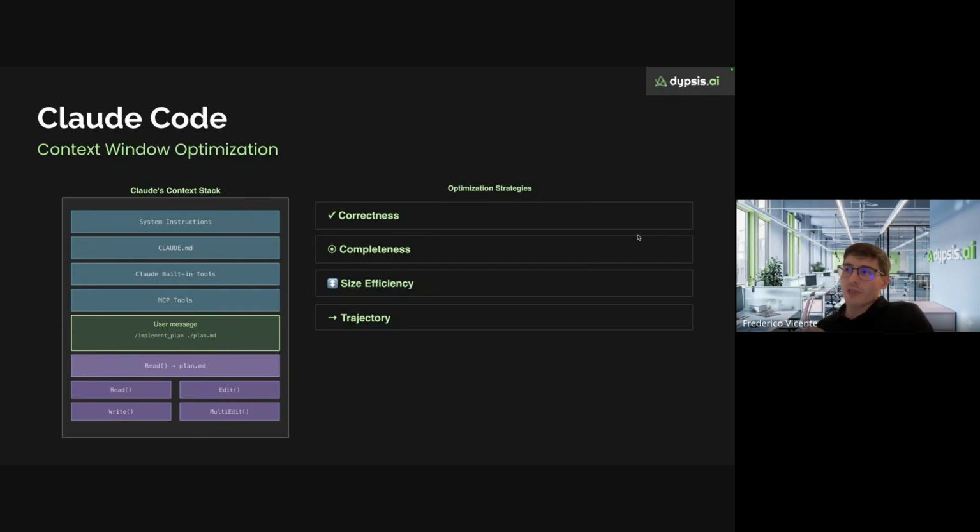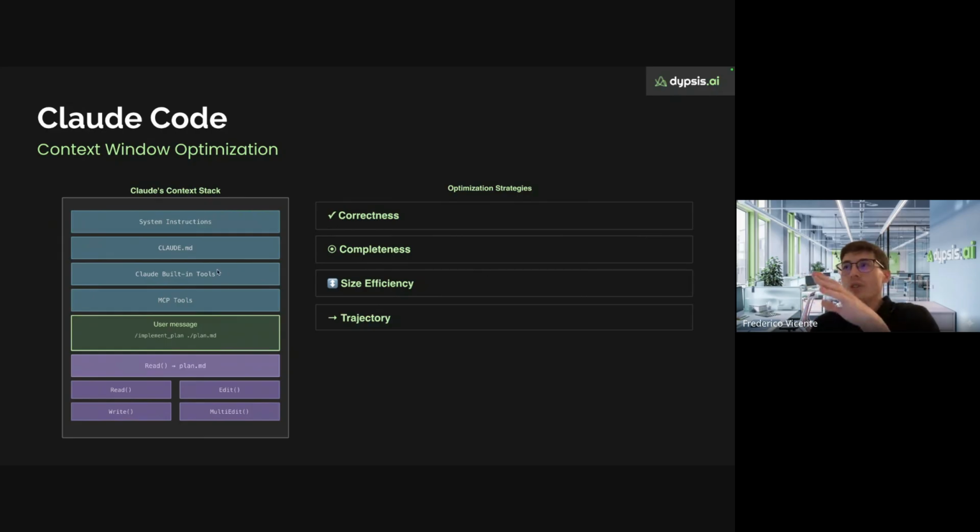For instance, imagine you have an issue in your code, or you have a bug, and you just say "fix my bug" or whatever. It's very vague. The trajectory that the agent will follow will be very hard to follow, because in your system you can have a lot of bugs. So if you precisely say what you need and what you want, it can follow your goal much better.